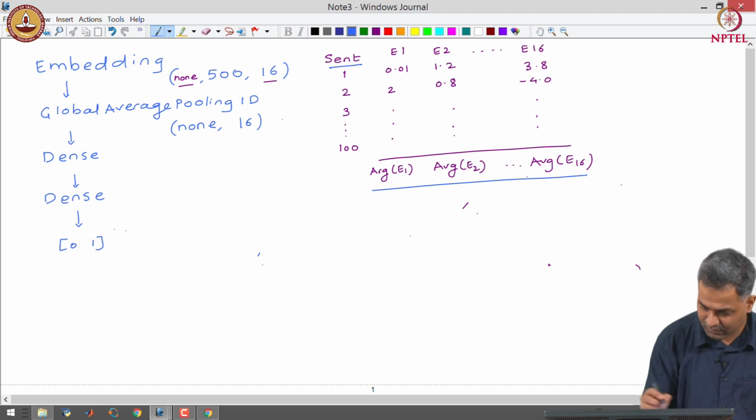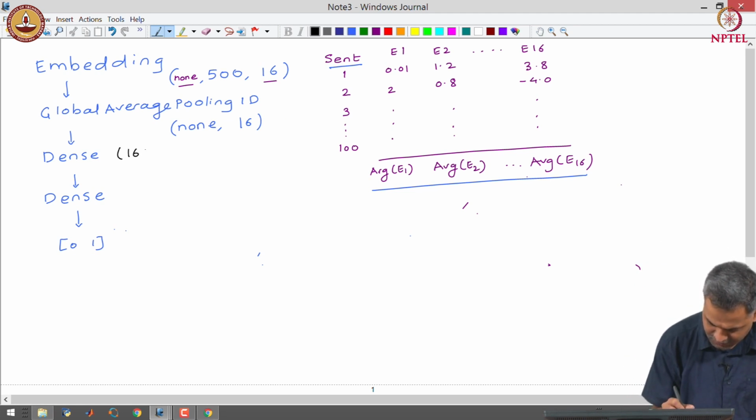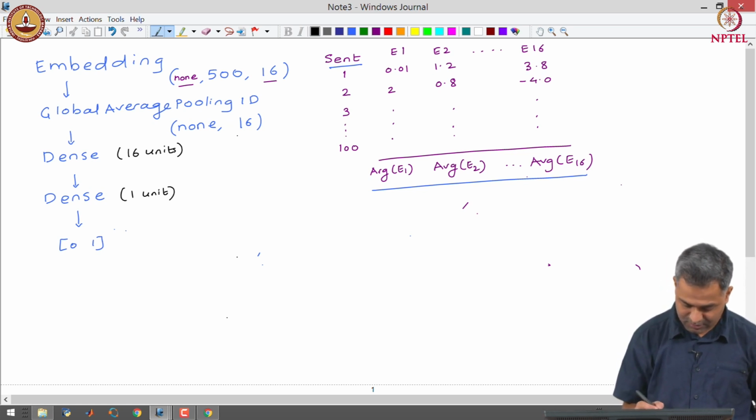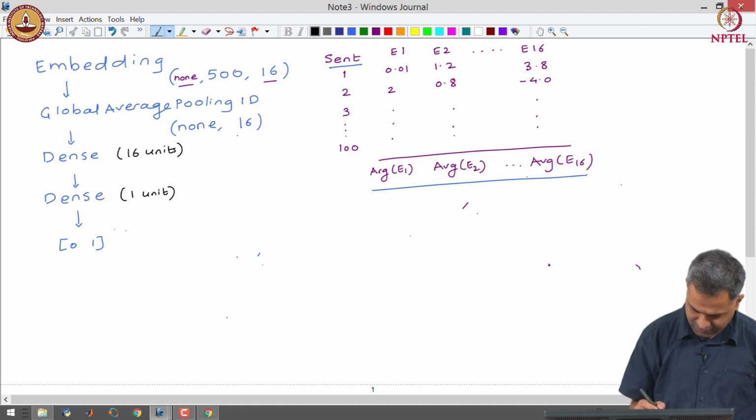Then we have a dense layer with 16 units. So, this is the pictorial representation of that.